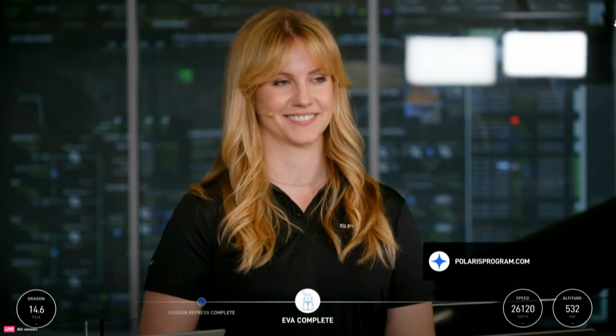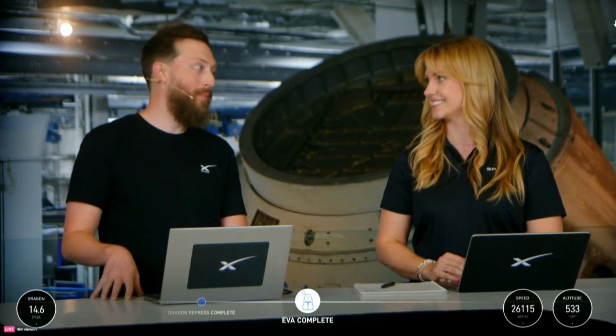This has been an incredible mission. On day 2, Dragon went to its high apogee point, the highest point in its orbit, more than 1,400 kilometers. That's higher than any Dragon mission to date. This is the farthest from Earth anybody has been since Apollo, in over 50 years, since 1972. And then today, the crew, first civilians to perform an EVA in space, first one in